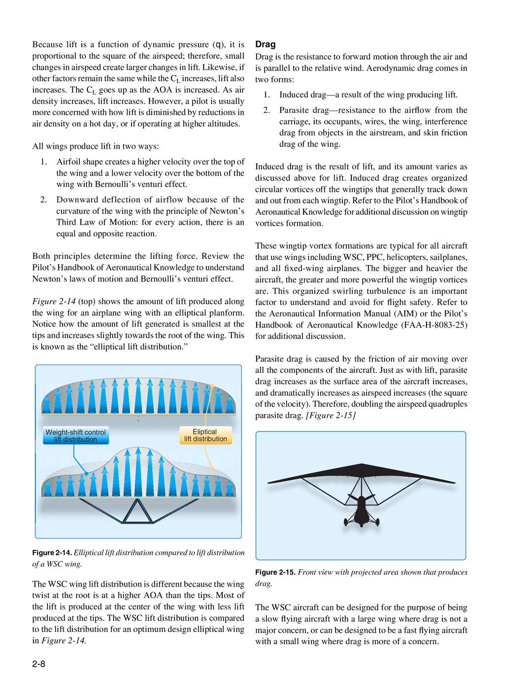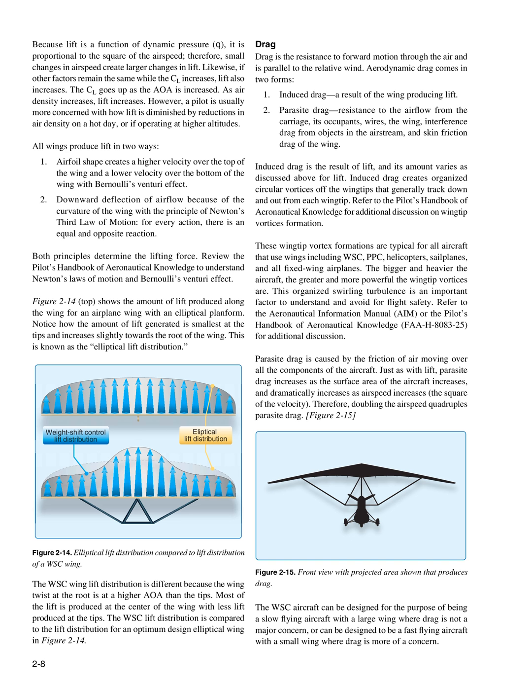Induced drag creates organized circular vortices off the wingtips that generally track down and out from each wingtip. Refer to the Pilot's Handbook of Aeronautical Knowledge for additional discussion on wingtip vortices formation. These wingtip vortex formations are typical for all aircraft that use wings, including WSC, PPC, helicopters, sailplanes, and all FAA-certificated airplanes. The bigger and heavier the aircraft, the greater and more powerful the wingtip vortices are. This organized swirling turbulence is an important factor to understand and avoid for flight safety. Refer to the Aeronautical Information Manual, AIM, or the Pilot's Handbook of Aeronautical Knowledge,